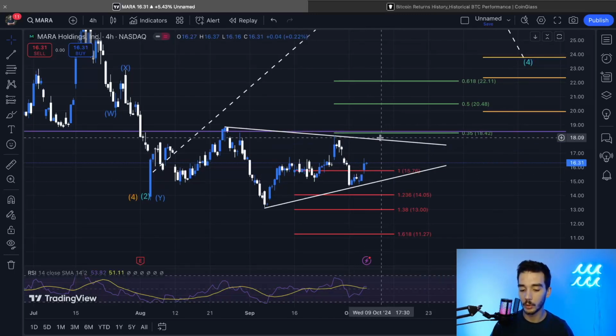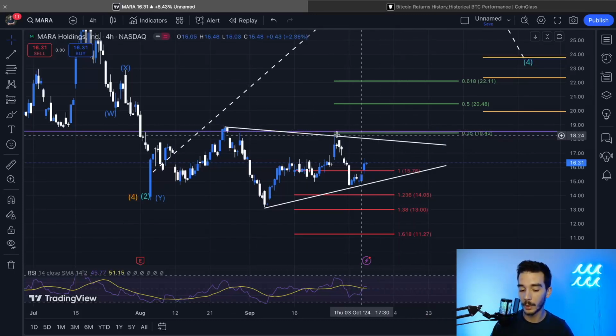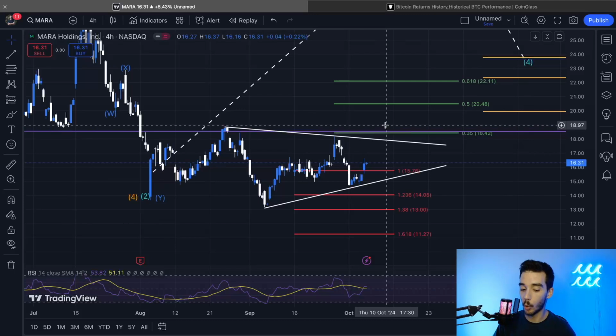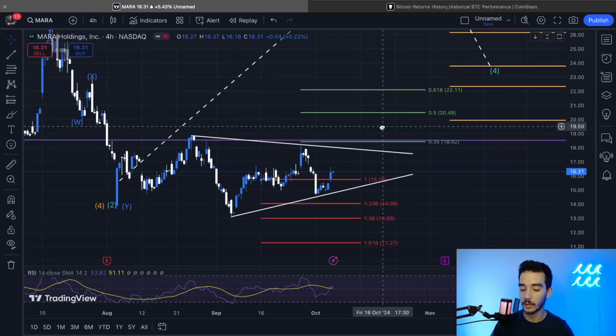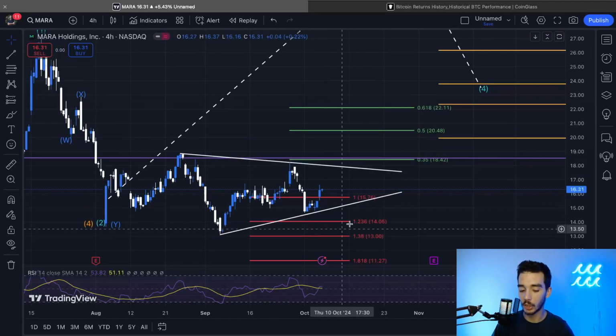So the first level is, unlike here where price did break into this price area and then, later within the same day, ended up getting rejected back down. The reason this is very important is because we did not have price strength within this area. Unlike just breaking into it and breaking back down, we want to see the price break into this and actually hold in this area for a couple of daily candle closes. We want to see price strength in this area. This will be first level confirmation, where I can begin to unload portions of the lightly accumulated shares down here,